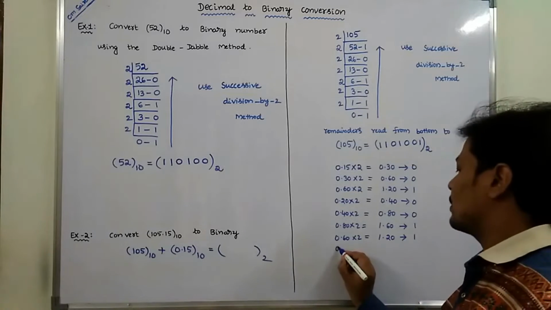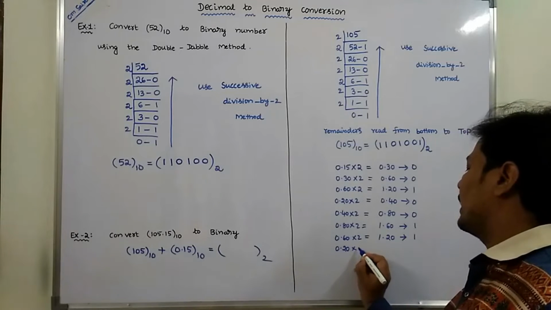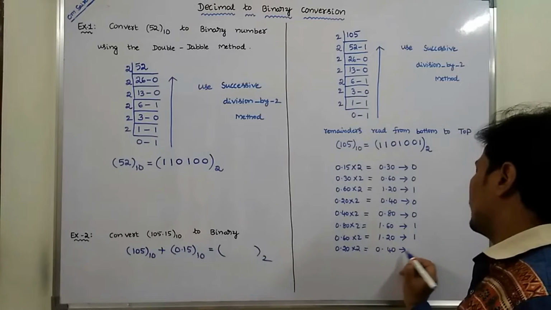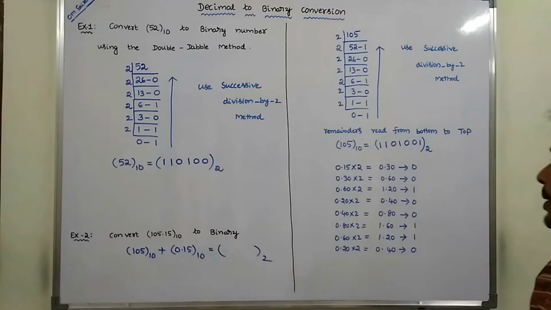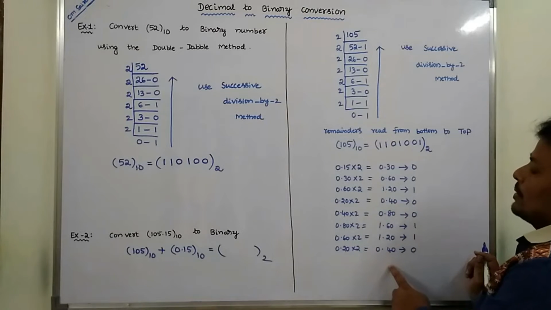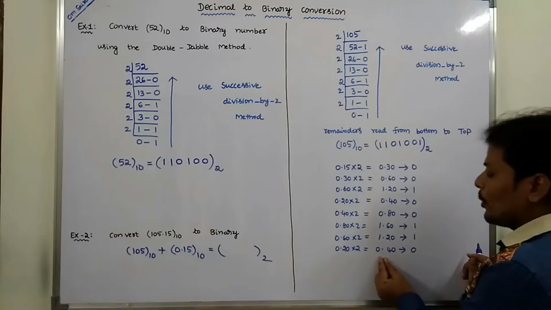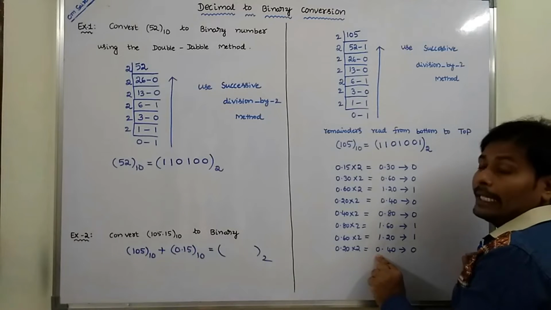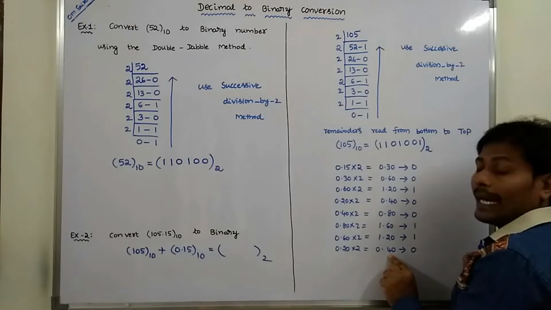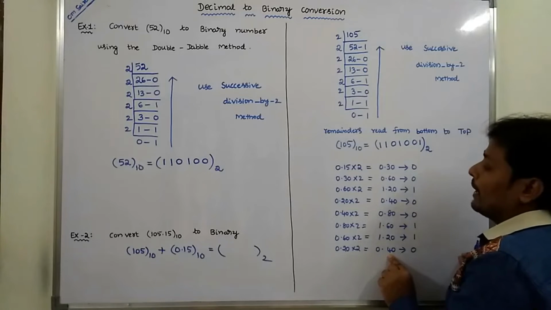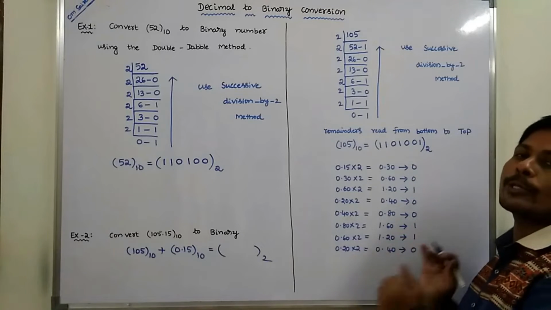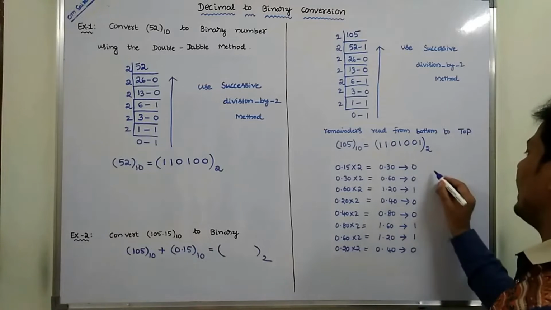The remaining fraction part 0.20 into 2 is equal to 0.40. Here the integer part is 0. Okay, here the same thing is repeated. The integer part is 0, but the fraction part does not get 0 value. Whenever the same sequence is repeated, we have to stop that procedure and read the